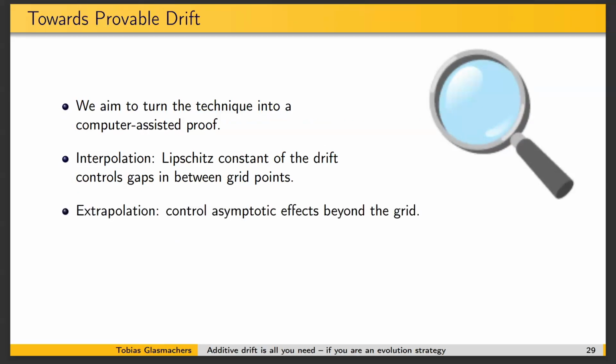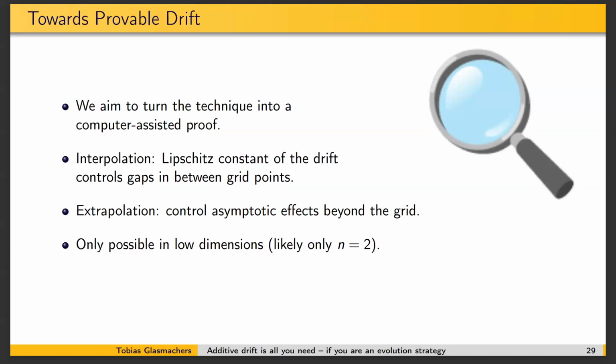we have to also say what happens outside of the grid, right? Because this grid is finite. It's not the whole integer lattice. We are having computers, finite memory, finite compute. So somehow we need to control asymptotic effects with analytical arguments, which is doable. Because if our grid ends, say, at a much too small step size, we basically know what happens. If I make it even smaller, no surprises are to be expected. Yeah, and one big